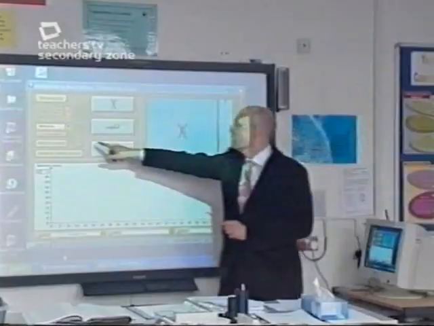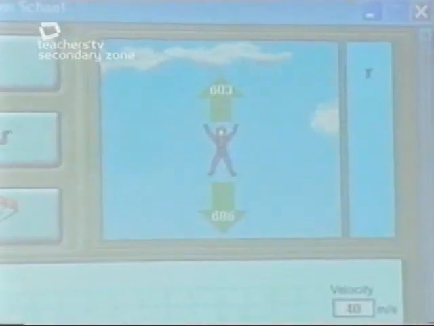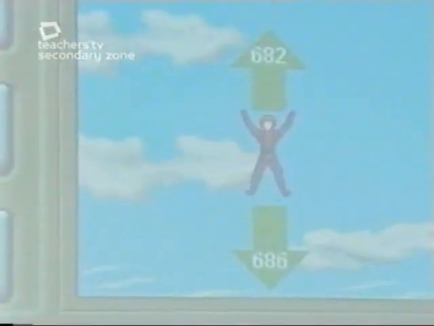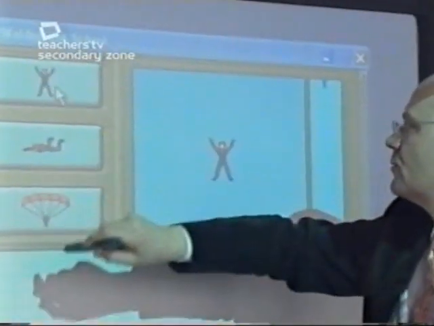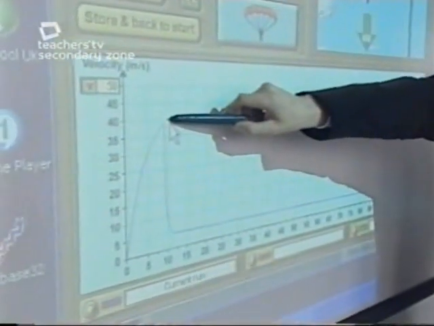I mean, you saw me use a program which involved animations, and it's much easier to demonstrate those animations and talk pupils through those animations, or better still get the pupils to talk you through the animation as a way of explaining things, than to try and use textbooks or diagrams or even video. With an animation which you can stop-start, have on the whole board, bring the pupils up to the front, get them to talk it through with you, get them to explain what happens, it makes that a lot easier. It often reduces the amount of time that you have to spend teaching that content as well, which is very useful.